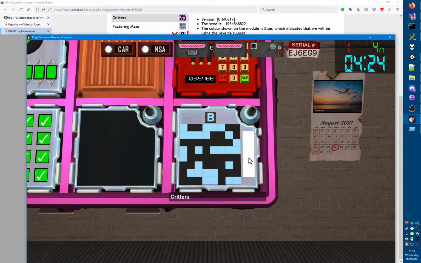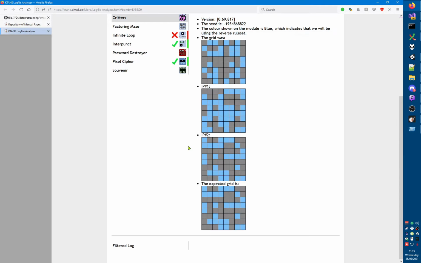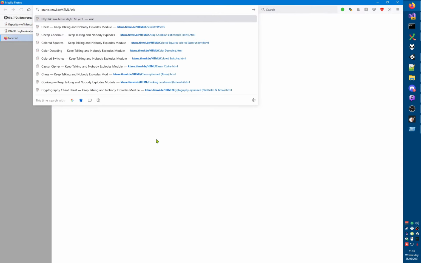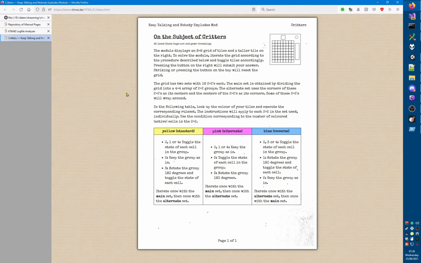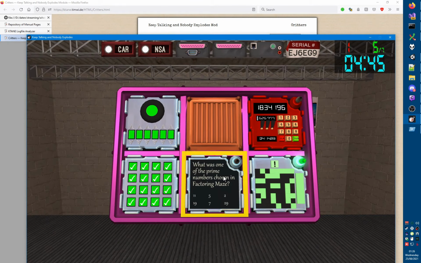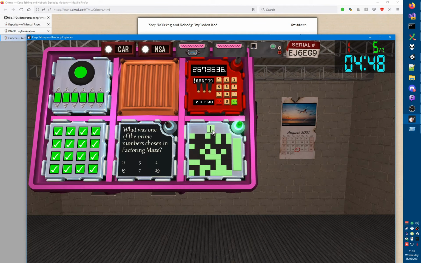I'm gonna assume that this is the... Wait, hang on, which one of these is the submit button? Critters. It's not in my history. Critters, let's go here. Submit. Pressing the button on the right will submit your answer. Okay. Bingo. I'm assuming therefore that the one on the top might be a reset button, which I'm glad I